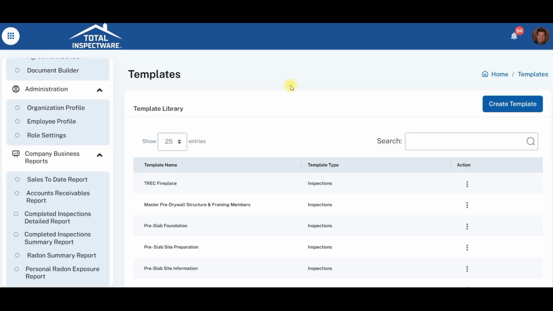You also have a completed inspections detailed report that gives you a very detailed report on everything that you have performed during a certain period of time. We also have the completed inspection summary report, which is not detailed, but just gives you a summary. So if you do residential property inspections and you did 50 of those for this dollar amount, that's what it's going to show you. When you look at the detailed inspections, that breaks it down by the property, by the account,